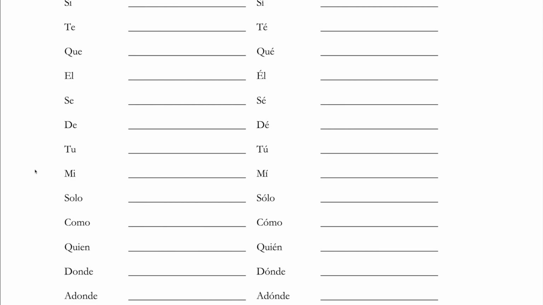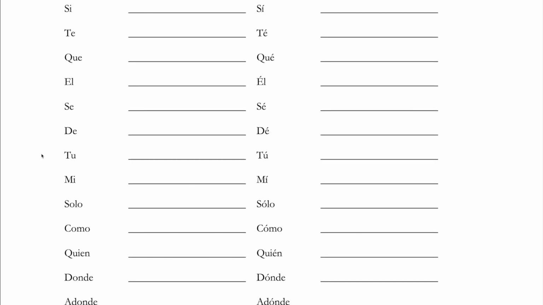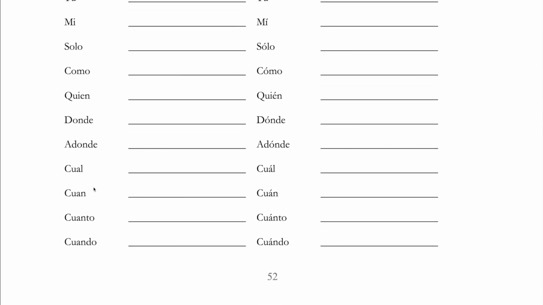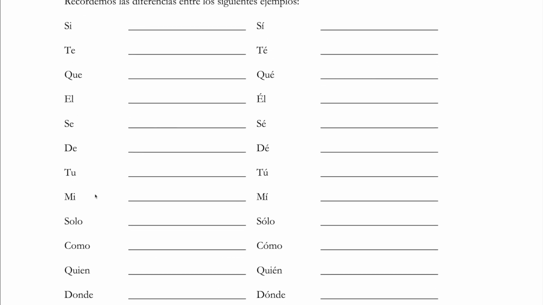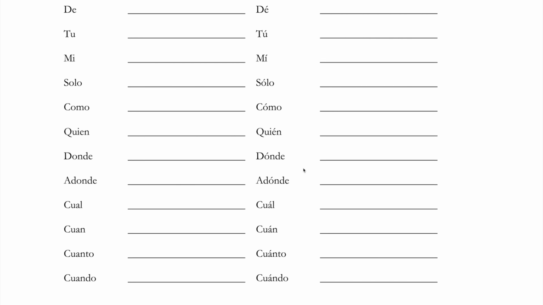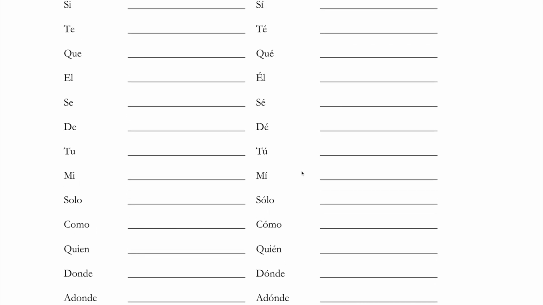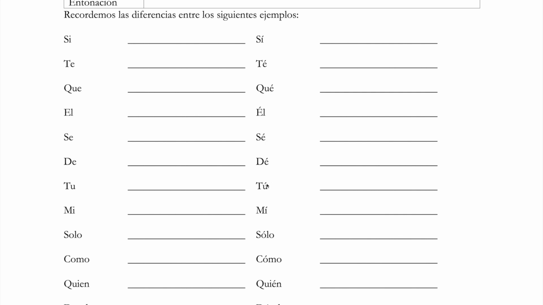And this closes the series regarding stress rules in the Spanish language. So stress rules and the stress mark. Now, you will notice that the column to the left, these words do not have a stress marked, versus all of these have a stress mark. It's interesting because these words up here are monosyllabic. There's only one syllable, therefore we already know where the stress is.